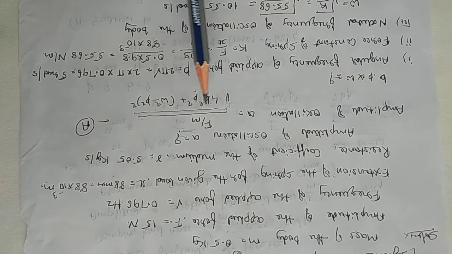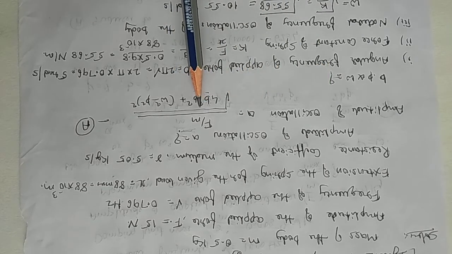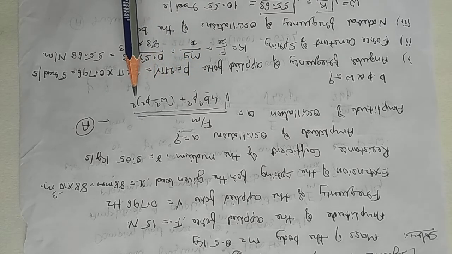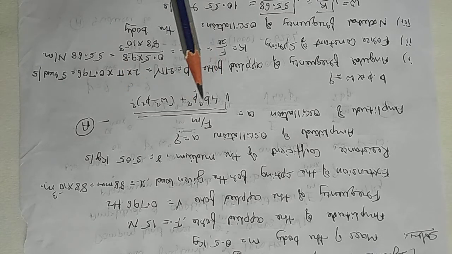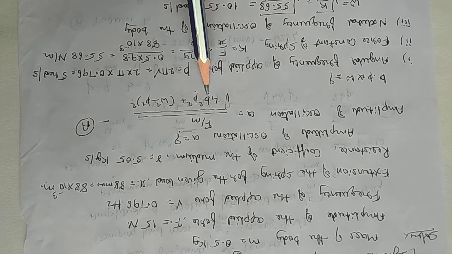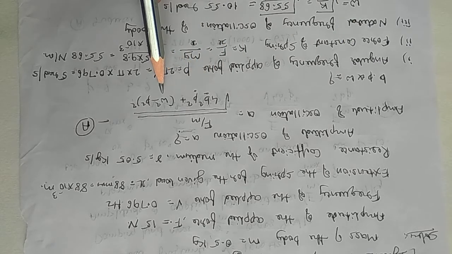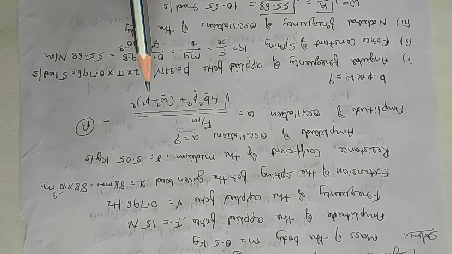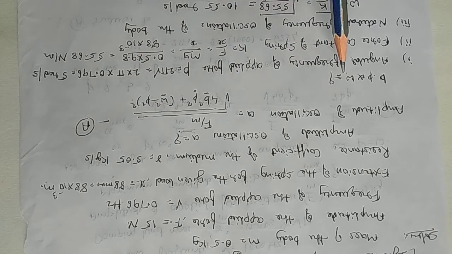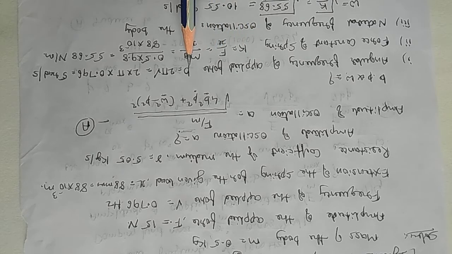To begin with this, the amplitude of the oscillation is given by the equation A equals F by M divided by the square root of 4 b square p square plus omega square minus p square whole square. In this, the parameters which we are supposed to calculate are b, p and omega. Rest all are given. First we'll try to find p, the angular frequency of the applied force.